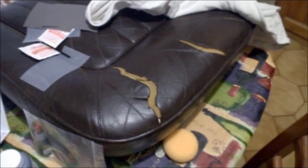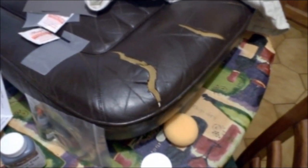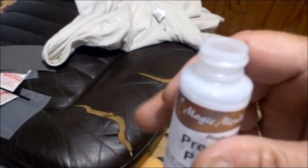Alright, now before we apply the Presto Prep, and obviously for the benefit of the camera, I'm going to have to do some parts one-handed. I will do it two-handed off camera so I can get to it properly, but just to give you a general idea. Before you add this Presto Prep to prepare the surface,